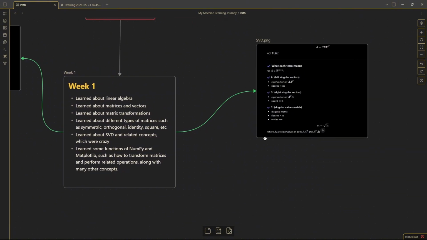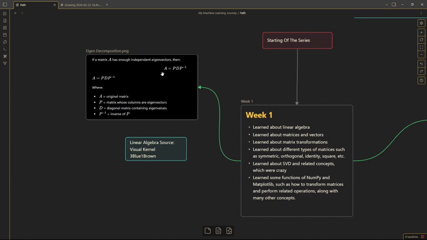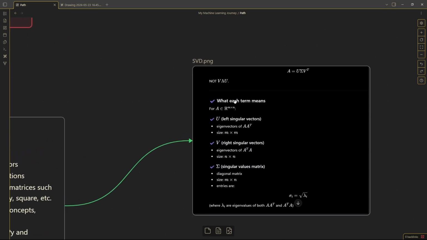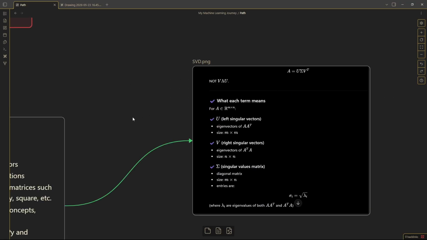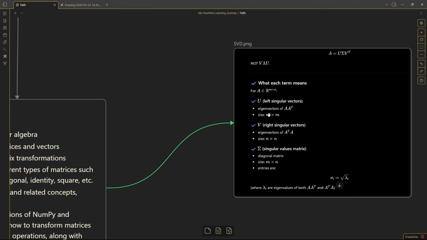And most importantly, SVD. This is very important because A is a symmetric matrix and this equation only applies for symmetric matrices, but SVD applies for all kinds of matrices. It does not have any limits, because we're not going to get a symmetric matrix every time. We're going to come across some matrix such as 1 2 3 4 5 6. Obviously this is not a symmetric matrix, but if we want to decompose this matrix into 3 terms, then we need to know SVD or how to do this SVD part.